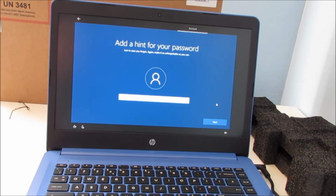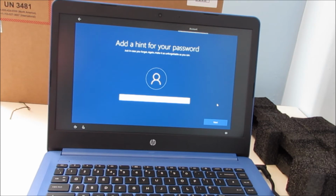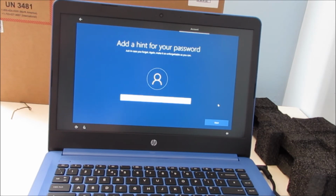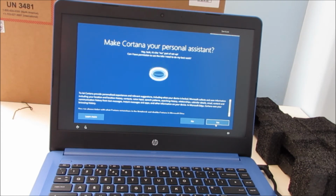And this is the part where you enter a hint for your password. Obviously I know some people who, I don't even know why, put their password hint as their actual password. Strongly advise against doing that, under all circumstances really. After typing in your password hint, it then prompts you, with Cortana, to ask if